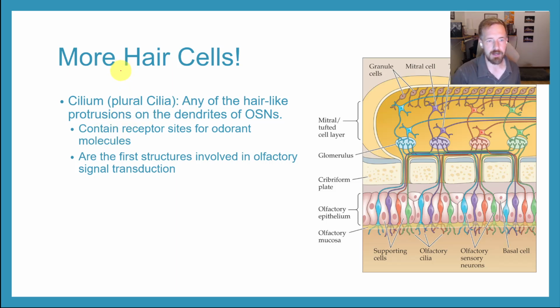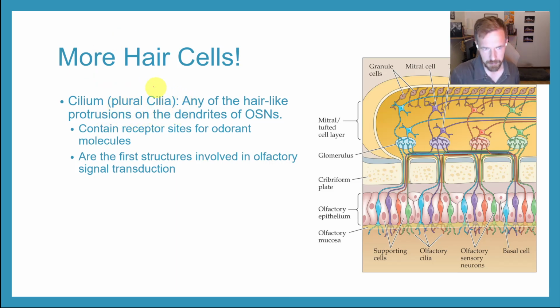So here we have hair cells, and these hair cells are different than the other hair cells we talked about. We talked about hair cells for hearing. We talked about hair cells for vestibulation. They are very different than that. Those hair cells were mechanoreceptors, which is to say that they basically were dendrites that, if you push them in one direction or the other, would cause the cell to fire an action potential. That is not how these hairs work.